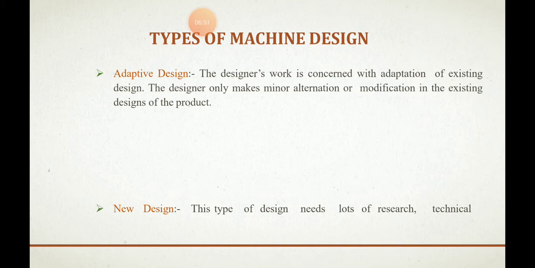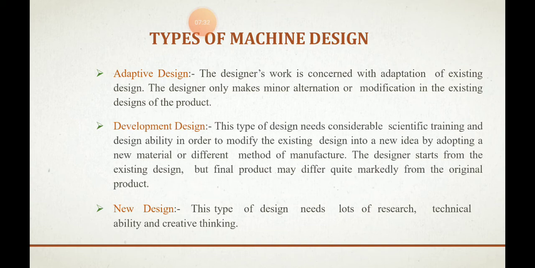Another example: everyone knows bicycles, correct? In previous days, or olden days, there were pedal operated bicycles. Now we have gear operated bicycles. This is what we adopted. We adopted the gearing mechanism in the design. This is what the adaptive design is. We are not concentrating deeply on the design. We take the product which is already available, make some minor modification, and launch that product. That is the adaptive design.